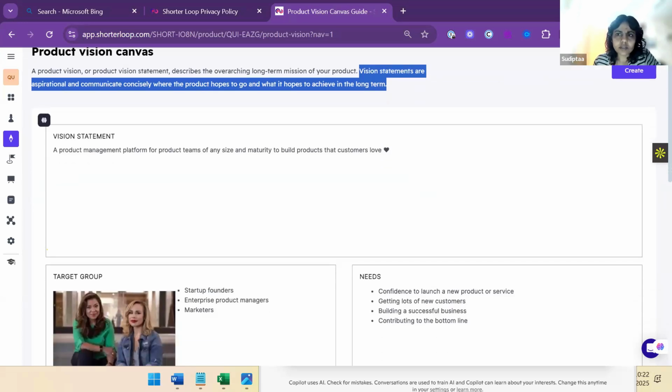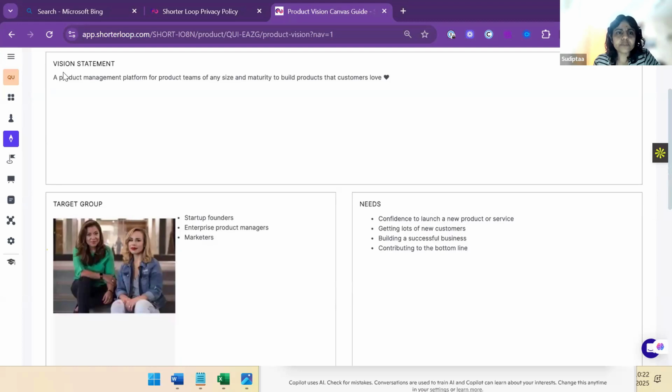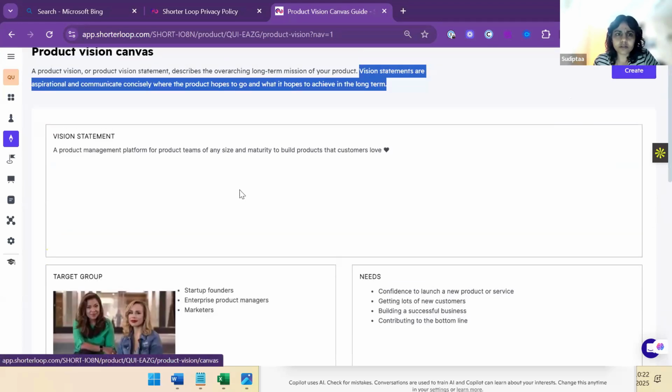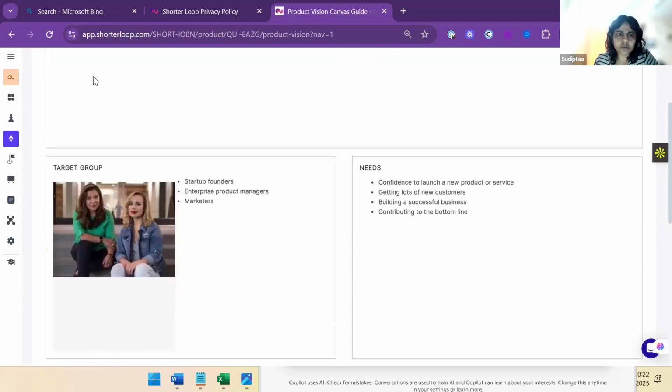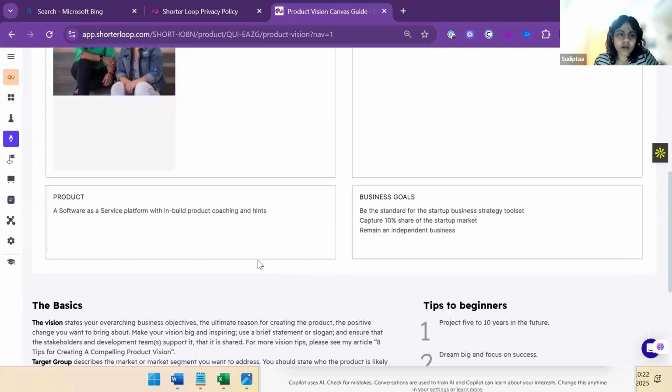Now that you are clear, you can click on create and create your vision statement. But before you do that, this is what the framework looks like. There would be a box when you click on the create button, where you will be able to create your vision statement. Based on the vision statement, it will also ask who your target group is, what their needs are, what the product USP is, or in one line what it is doing, and what the goals are.